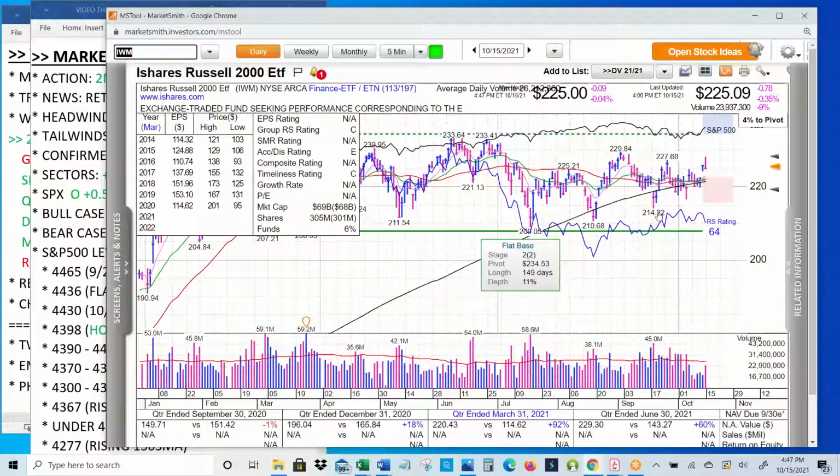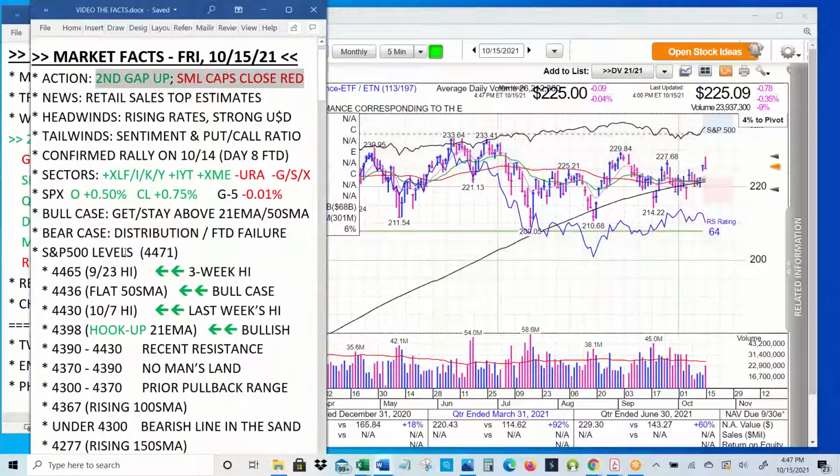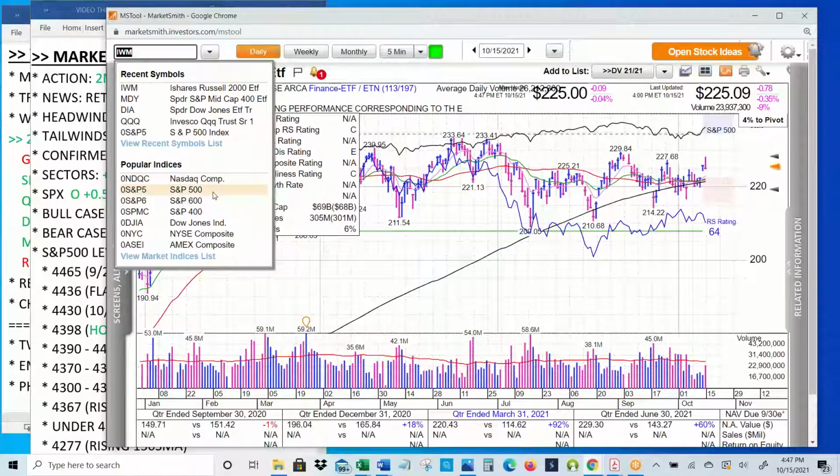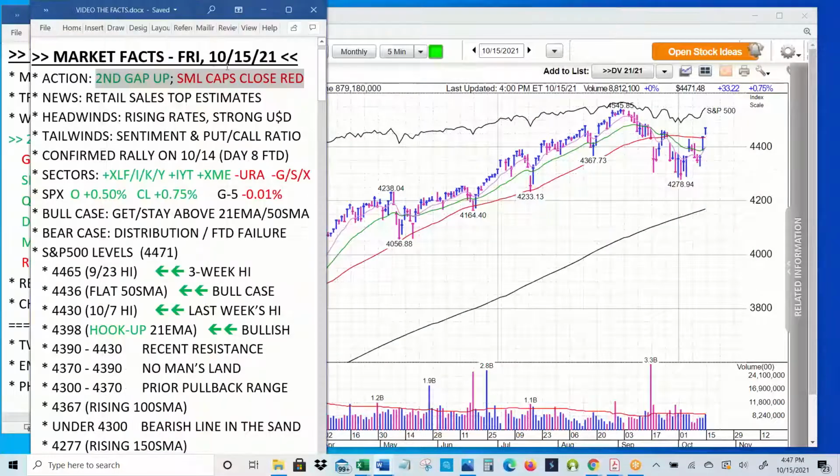We're working under the assumption that the market is back to a bullish condition until we get information to the contrary. So here are the key levels on the S&P. Let's bring the S&P 500 back up. And really all this is paying attention to various levels, and these dictate the health of the market. I've got arrows here on four different situations where we started the week. We were down here in no man's land in the prior pullback range, but again, part of the bull case,